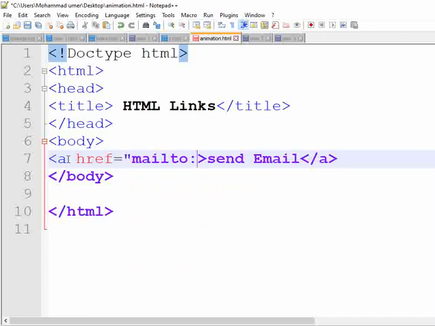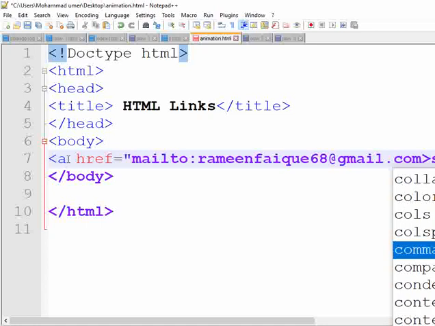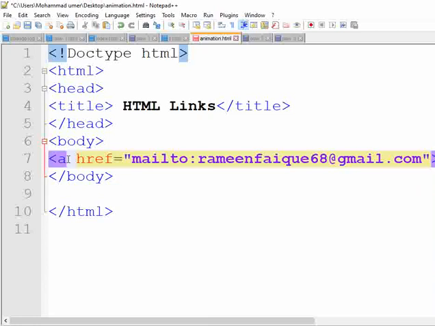For example, I have written this email address.